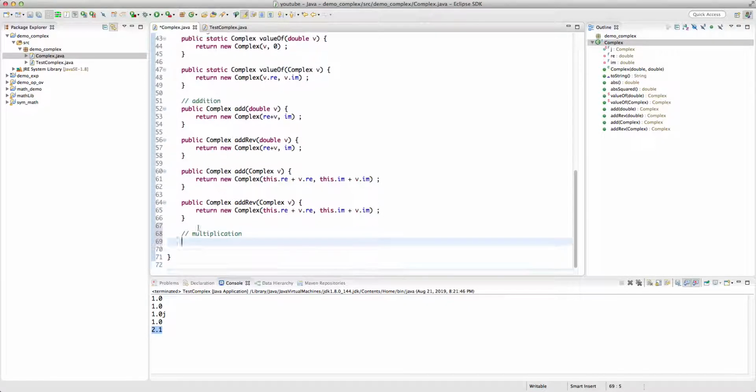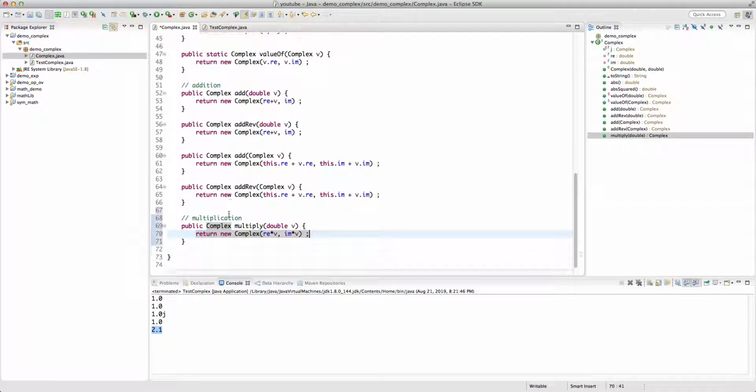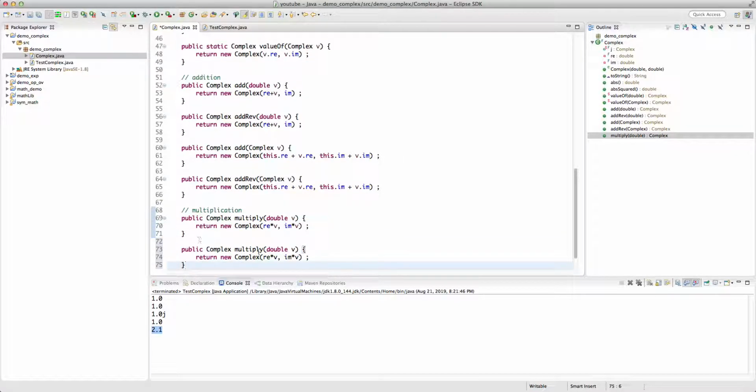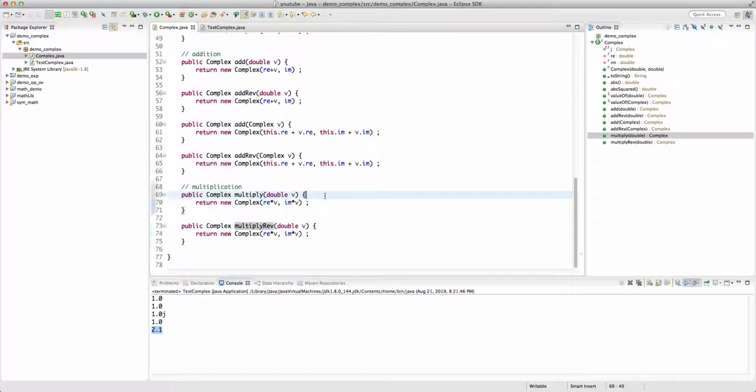overload the multiplication. Public complex multiply double v, and we just multiply both the imaginary part and the real part: re times v, image times v. And we can have the reverse, which doesn't change anything. As a reminder, when I say multiply, it means this times v. When I say reverse multiply, it means v times this. Okay,